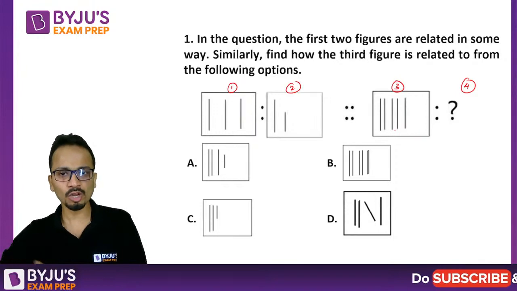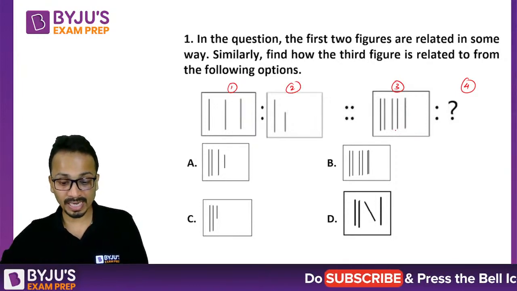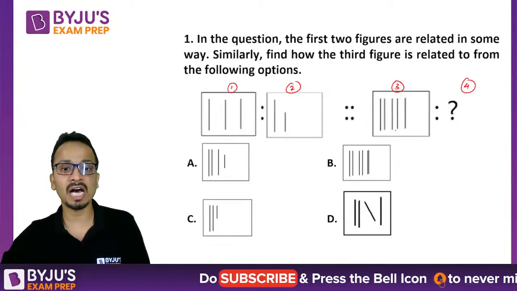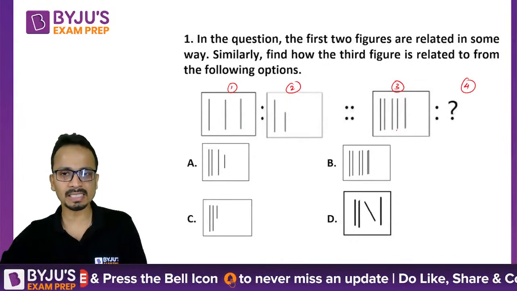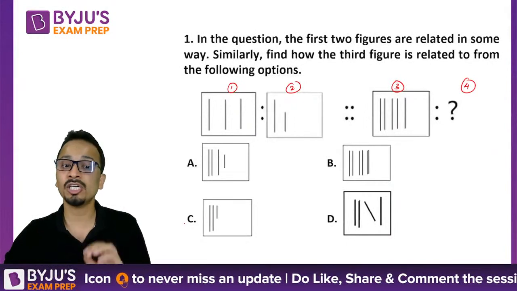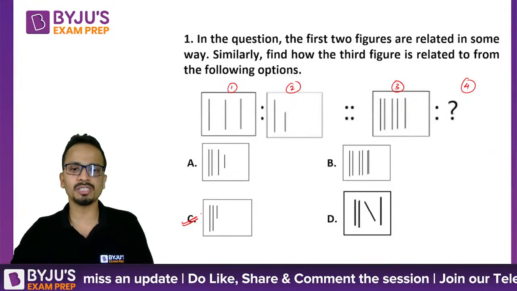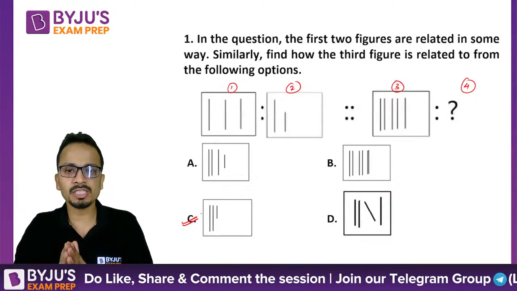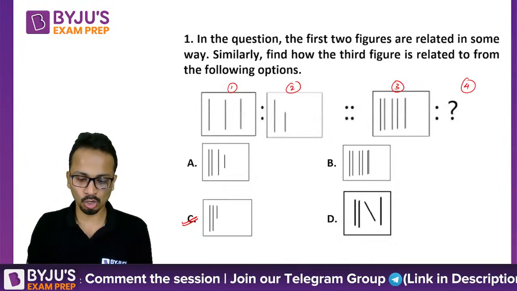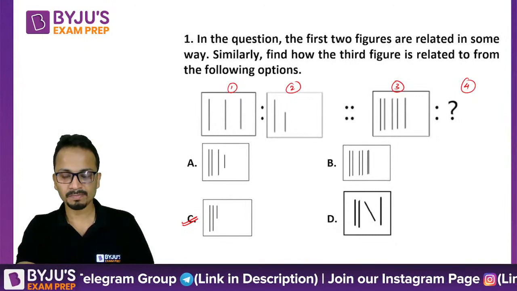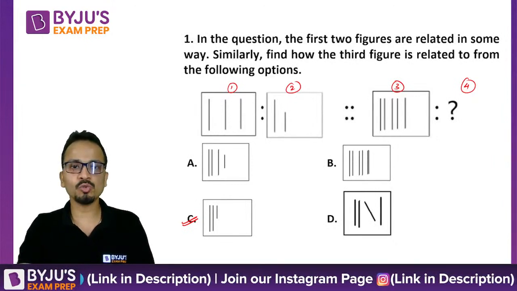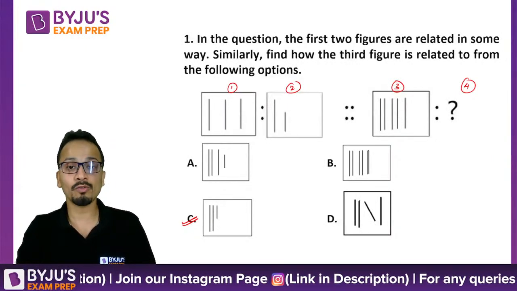Okay, so the logic was pretty simple. SRK, you have given a different answer. Anuja, you have given a different answer. So do you understand why I'm saying the correct answer in this case should be option C? Okay, so option C will be the correct answer. All of you are absolutely correct. Okay, fine. All right, let's move on to the next question, question number 2 for all of you.